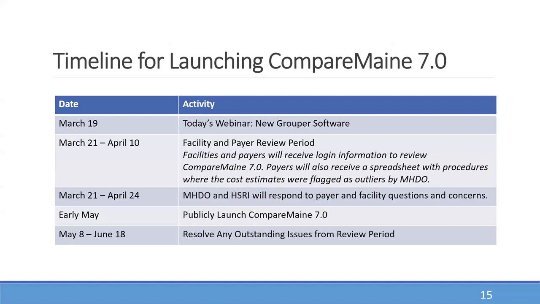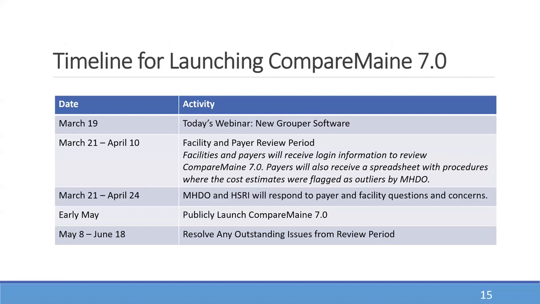And payers will also receive a spreadsheet where we conduct an outlier analysis, and they will look at all the estimates where their payer estimates were flagged as outliers. So they will also get that as part of the review process. We've extended the review period out a little bit because we know that, using this new methodology, we want to make sure there's enough time for questions to be answered if facilities or payers have those questions. So the period is from March 21st to April 10th. We will be responding to questions throughout that period,